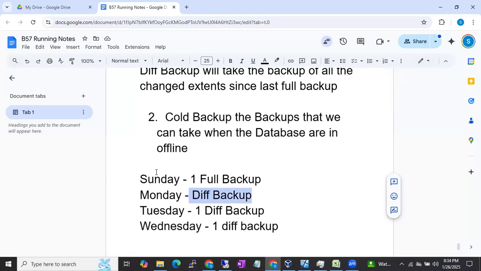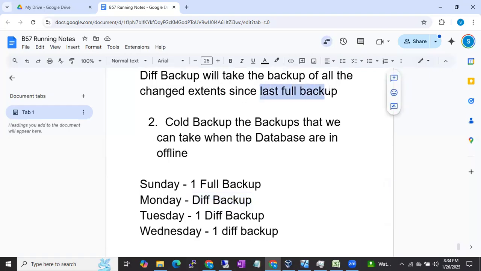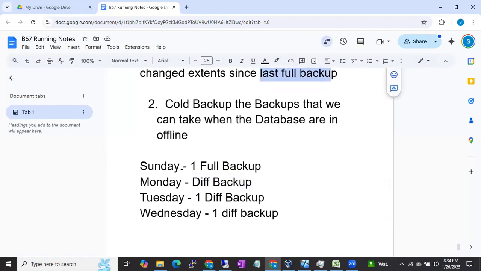So again, differential backup is always since the last full backup. When did the last full backup happen? Sunday only. After Sunday, there is no other full backup. Now Tuesday's differential backup contains all the changes from Sunday to